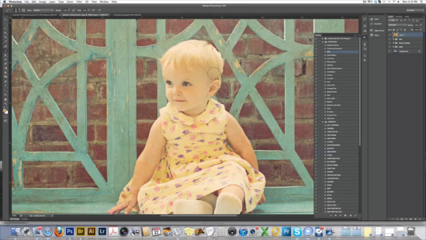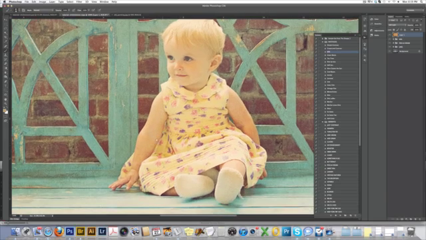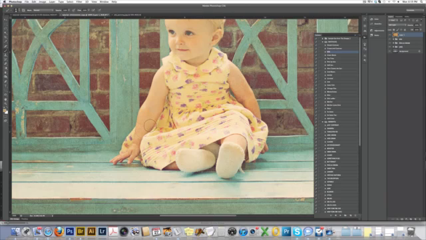Now I like to only kind of go into the hair a little bit. I think that the hair is something that helps it blend in with the background. You just don't want her to not feel like she's part of her environment. So I'm just kind of lightly painting, and then I actually use my bracket keys to shrink down the